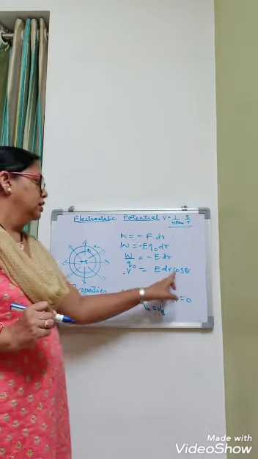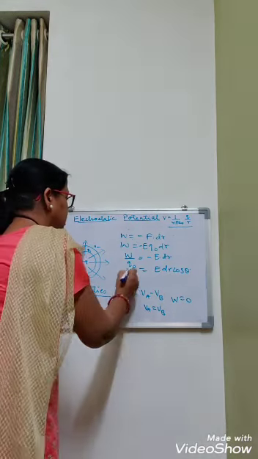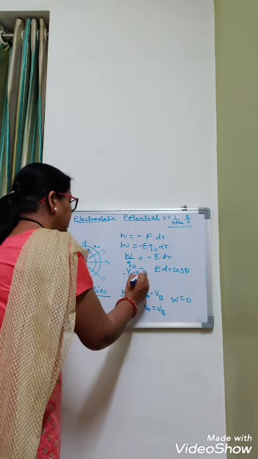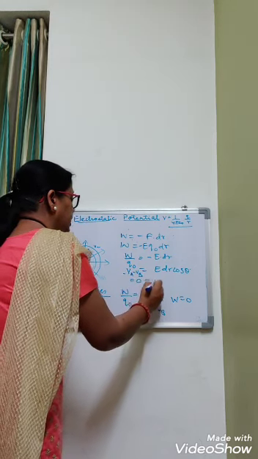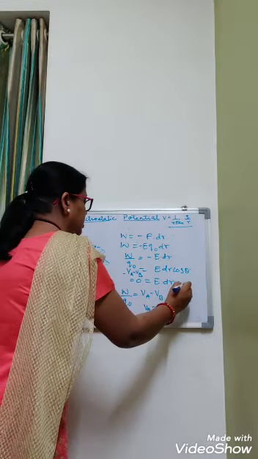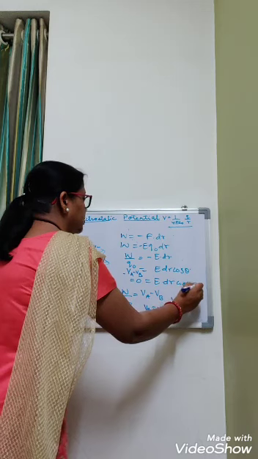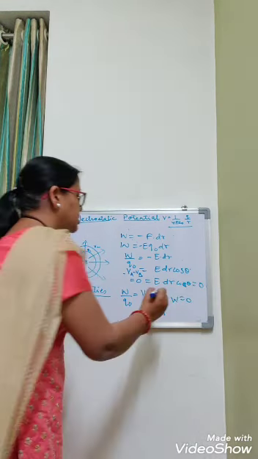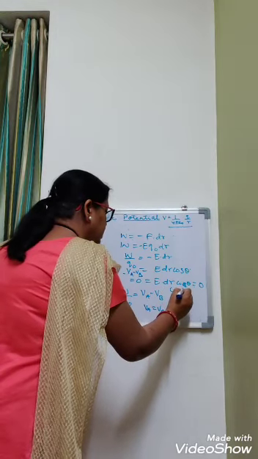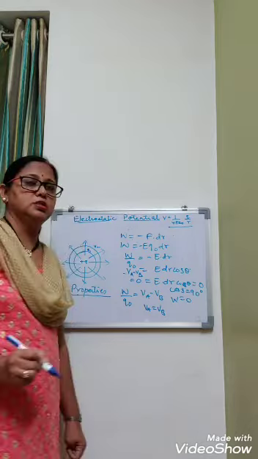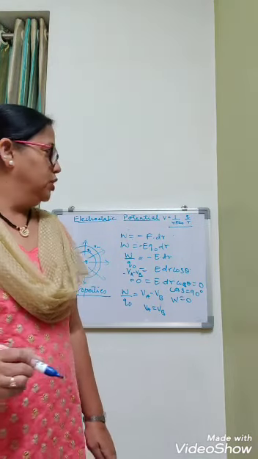If there is no potential difference, then VA minus VB will be equal to 0. So E dr cos theta is equal to 0. In that case, cos theta is zero, so the angle is equal to 90 degrees. Cos 90 is 0. So the angle